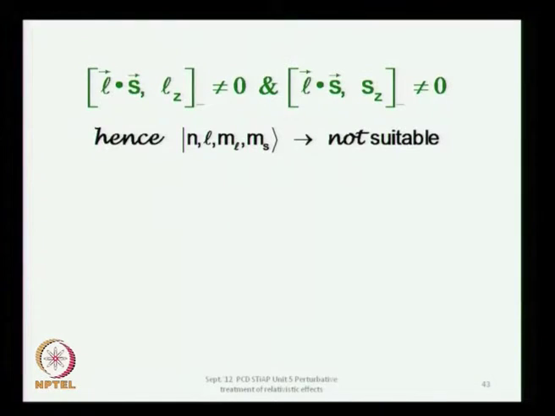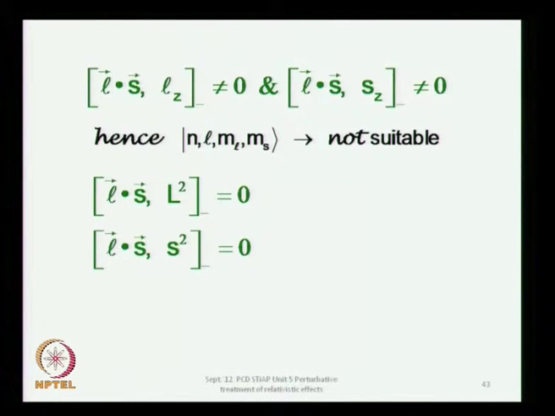Lz is the operator which gives you the eigenvalue Ml, Sz is the operator which gives you the eigenvalue Ms, and since Ml and Ms come from the eigenvalues of Lz and Sz which do not commute with L dot S, they are not suitable for the treatment of the perturbation sigma dot L,